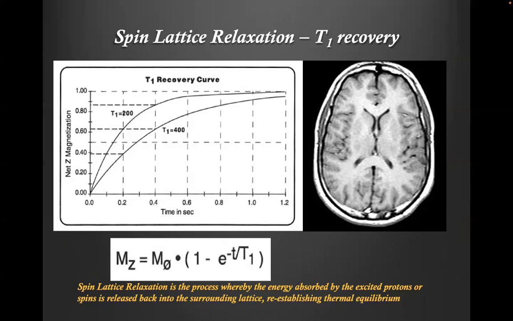And this T1 weighted imaging is governed by a T1 recovery curve. So different tissues will have different T1 time constants for signal recovery. That's why you can manipulate your imaging to emphasize the T1 contrast. And this recovery is governed by this exponential recovery curve, and it's the spin lattice relaxation. It's a process whereby energy absorbed by the excited protons or spins is released back to the surrounding